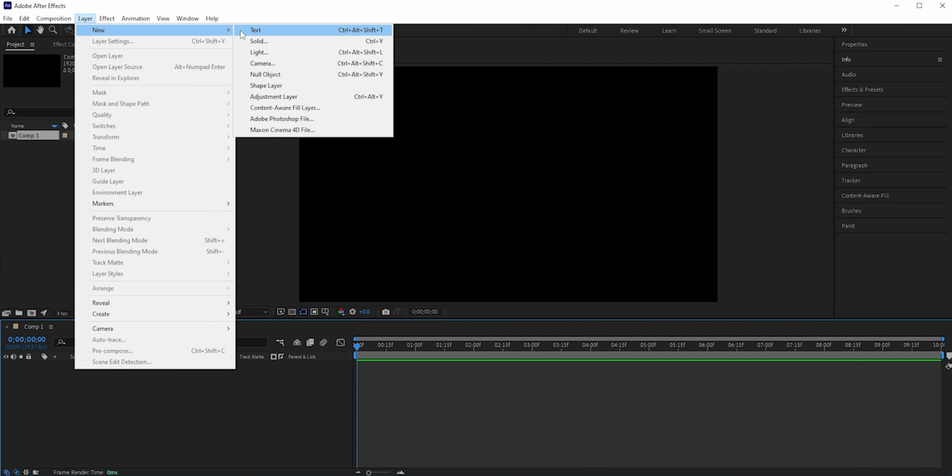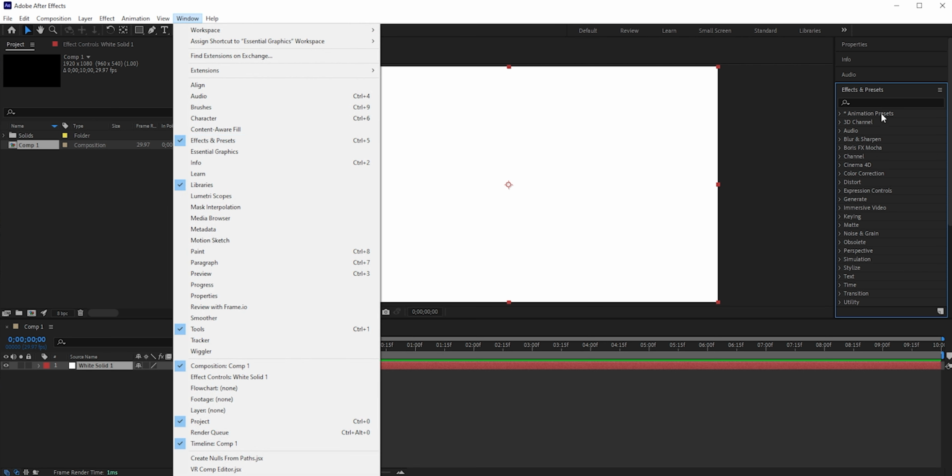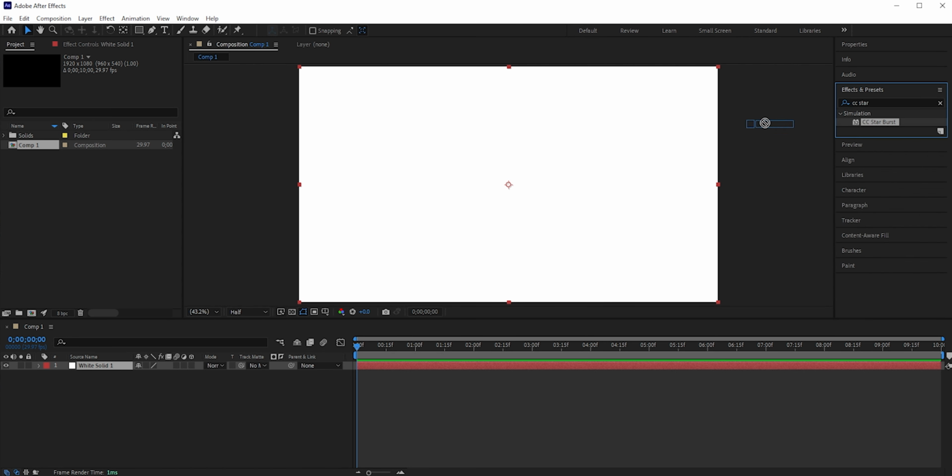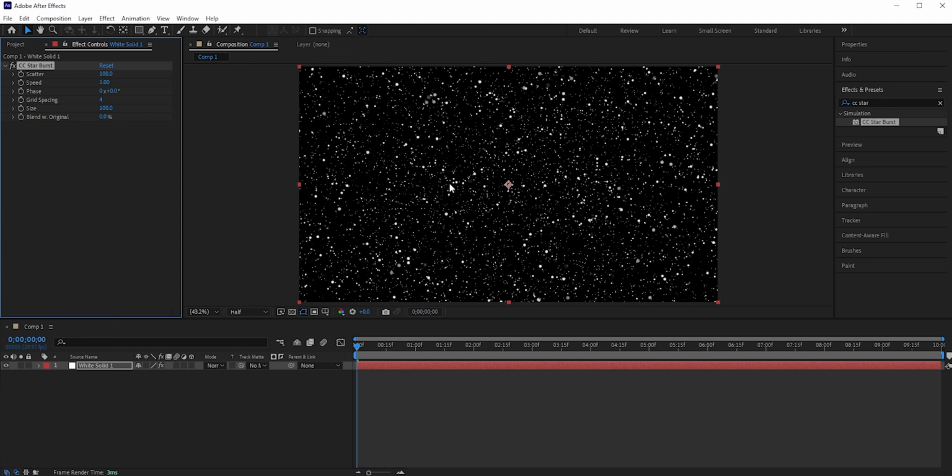Now go to Effects and Presets. You can find it in Window, Effects and Presets. Search CC Starburst and apply it to the solid layer. You will see a scene from the space with millions of stars is created. We're gonna animate it. In Effect Controls, you can see a lot of options, but we just need the first